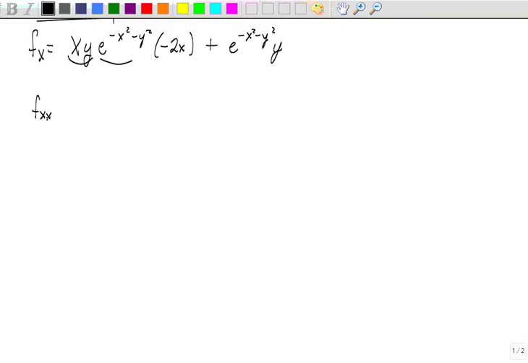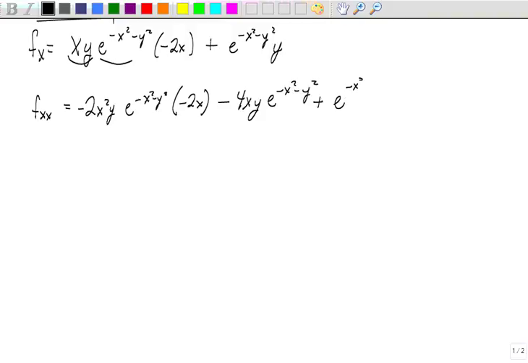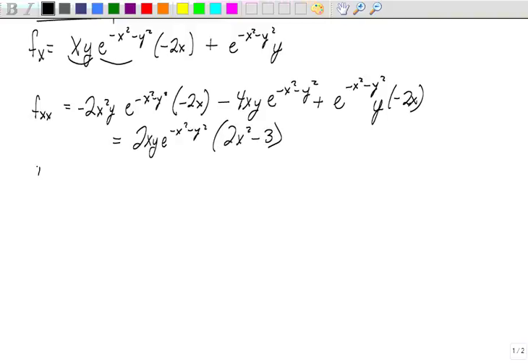And if I fix this, I can factor everything out and get 2x squared minus 3. Okay, f sub y,